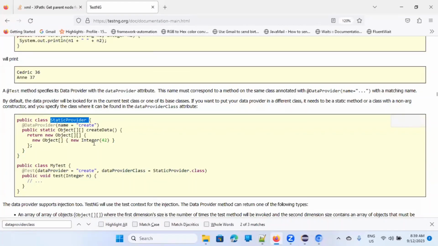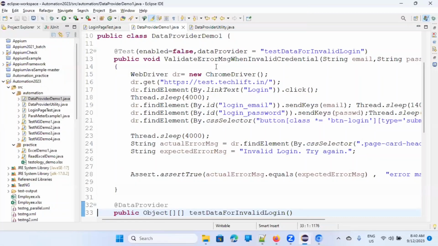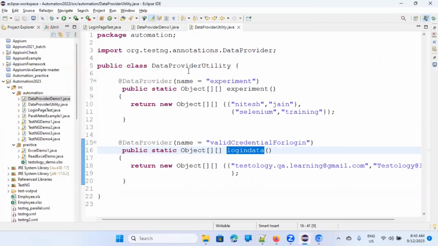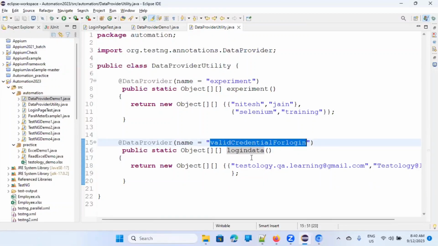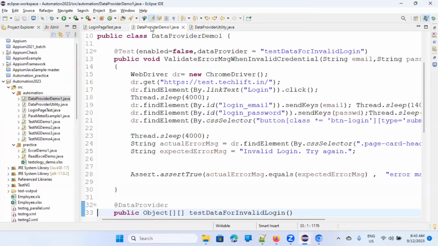As per this example, it's very simple: you give a name to the data provider from a class and you get it from there. In your test, you will say my data provider is this, my data provider class is this, get it from there. So in the same way, what we did is we created DataProviderUtility.java where we said @DataProvider is, oh, okay. Have I mentioned this? Hold on. I should mention